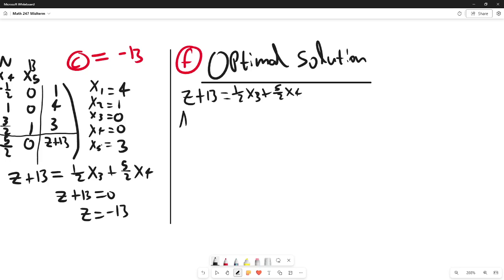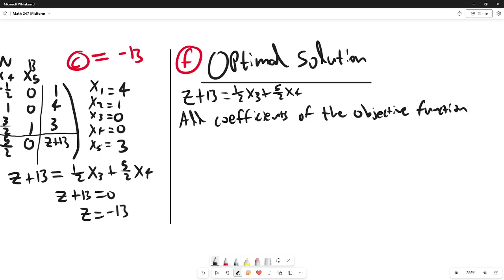So all coefficients of the objective function are greater than 0. So if either x3 or x4